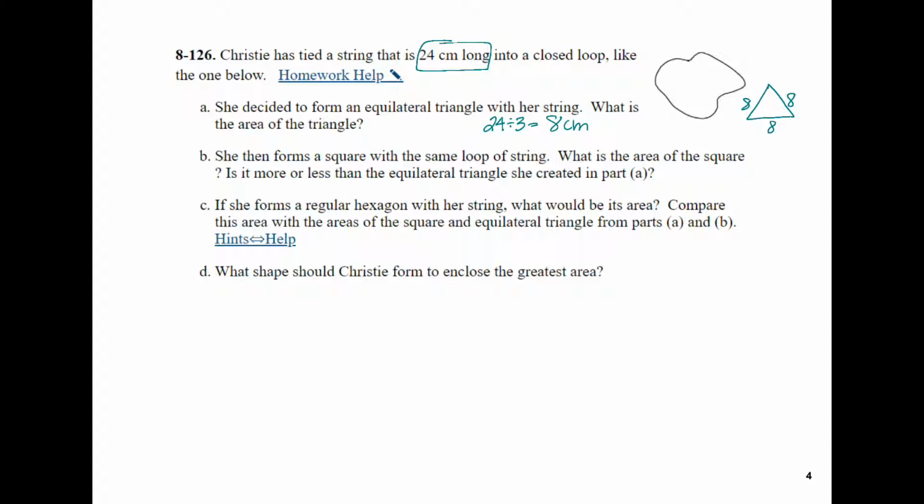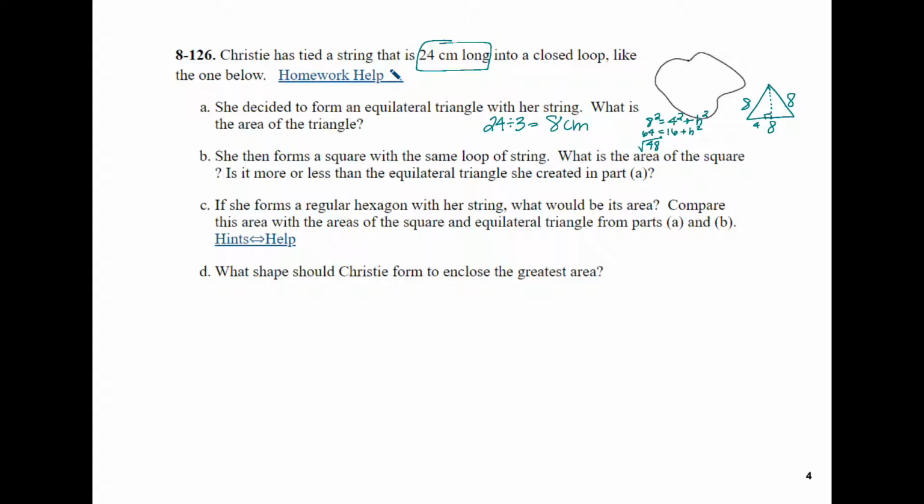Then to find the area, if we know that each side of our triangle is 8 centimeters, we could create a right triangle, which would make this side 4. We could use our Pythagorean theorem to determine our other side. So 8 squared is equal to 4 squared plus our height squared. So we would want to subtract 16 from 64, which gives us 48. Take the square root of 48,